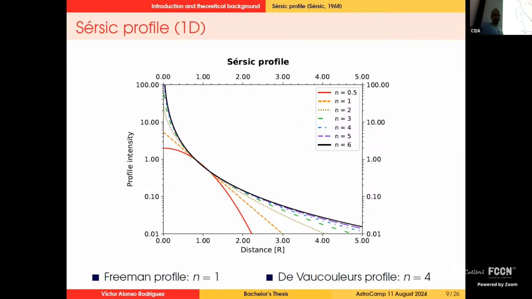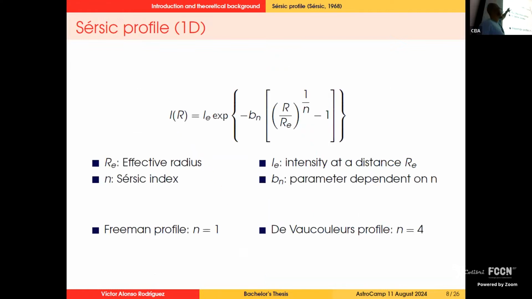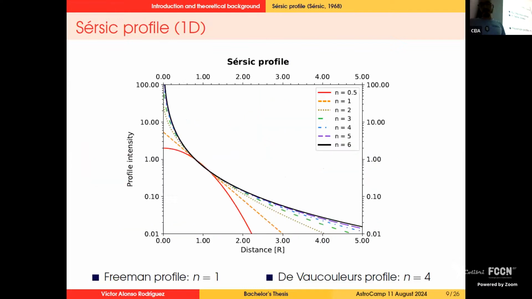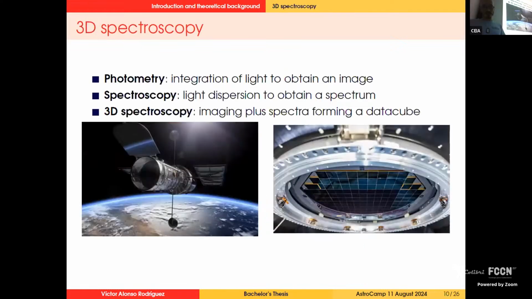The Sérsic profile is a generalization of the Freeman profile and the de Vaucouleurs profile. In the past century we used two, but now we have an option to create one model that represents all the galaxies, and this is very, very useful. But now I'm going to talk about